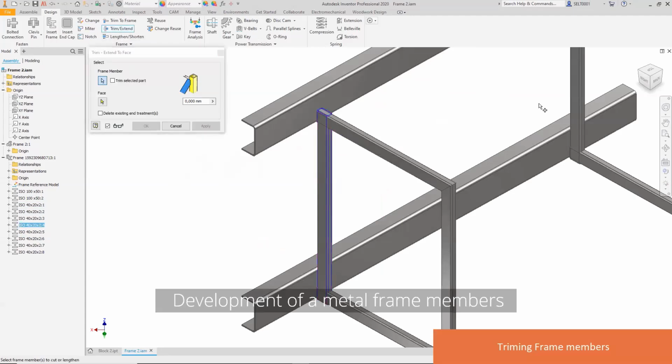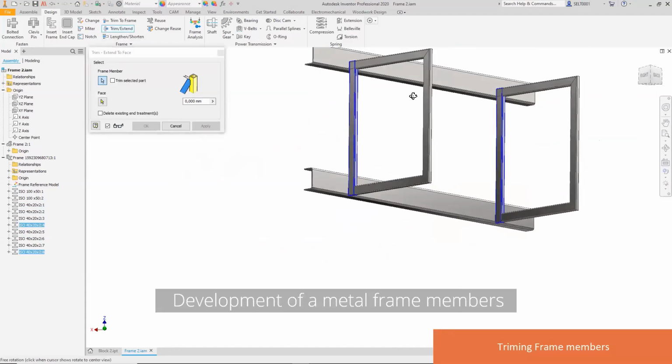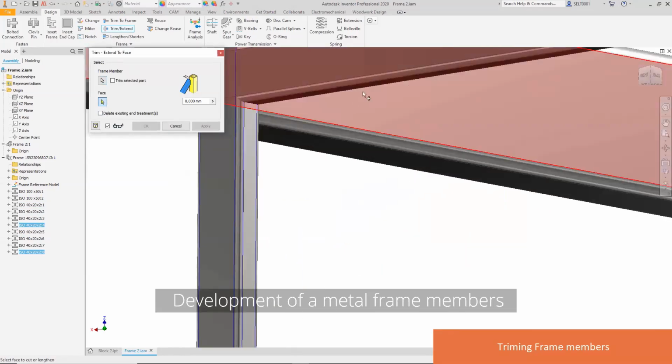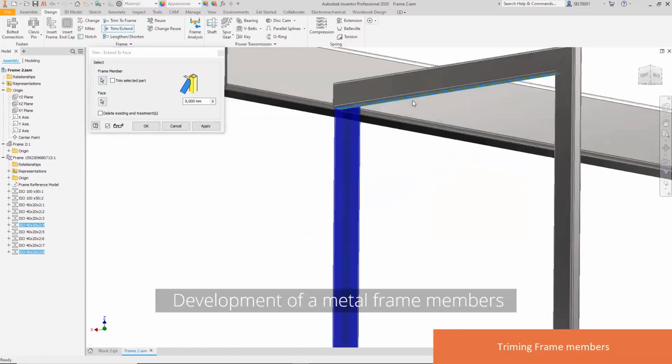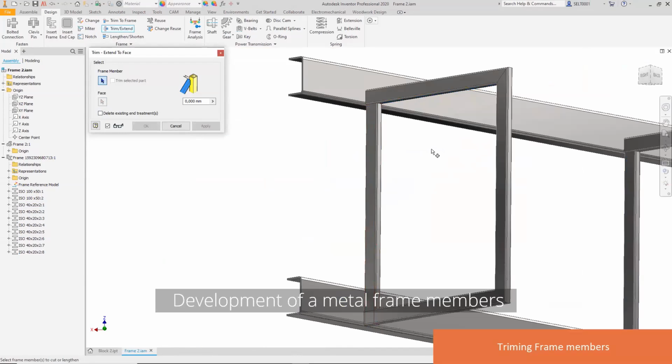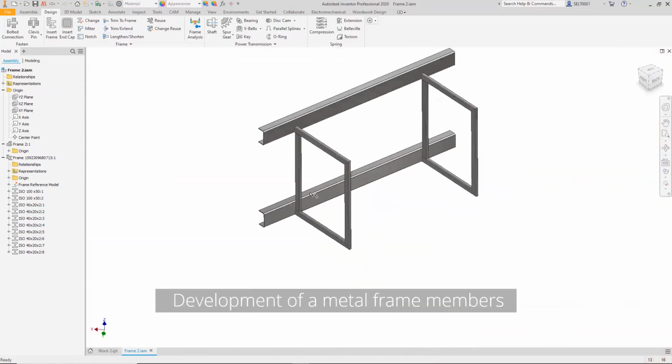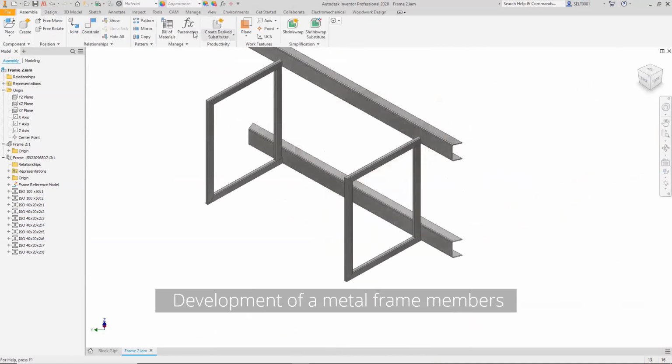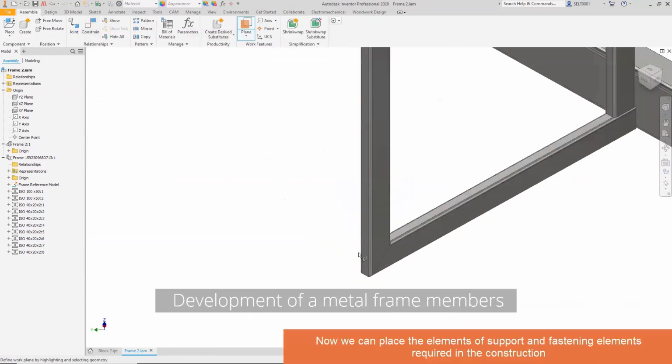Or I can use the trim extend function of Inventor to define where the frame should stop. So as you can see, we can use all the functionality of Inventor without any limitations. After a few additional steps, this is how our model is looking. And now we can use some